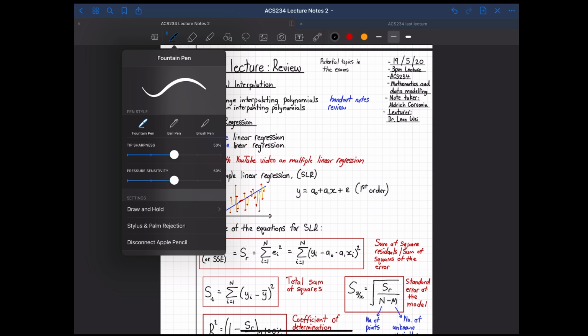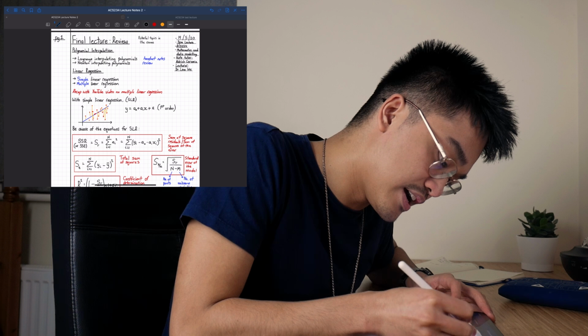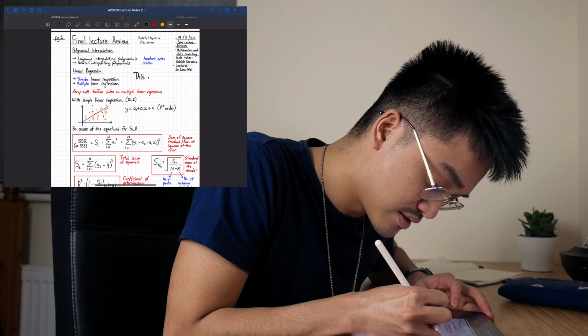When taking notes, my pencil case is replaced by all these items from the top bar here. I can choose different pen styles. I always use the fountain pen. You can change different colors of the pen. You can have different thicknesses of the pens. You can rub, you can highlight, draw shapes if you wanted to. I tend to use the black pen. You know, I write, this is what